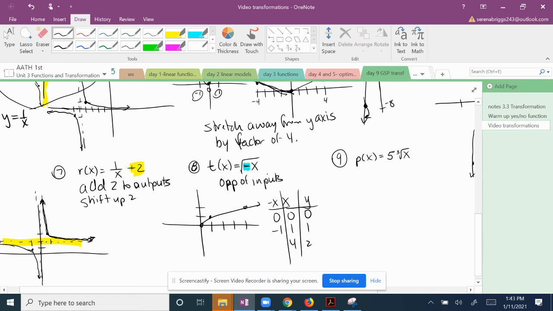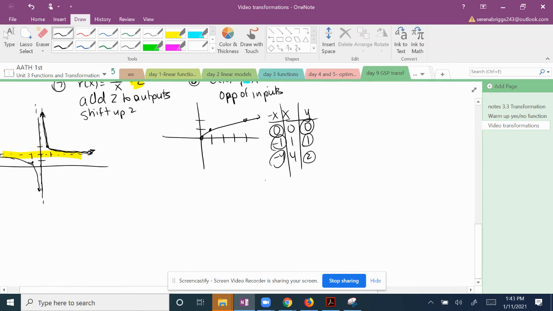So the opposite of 0 is 0, the opposite of 1 is -1, and the opposite of 4 is -4. So now I'm plotting the points 0, 0, -1, 1, -4, 2. If I sketch a graph of that,